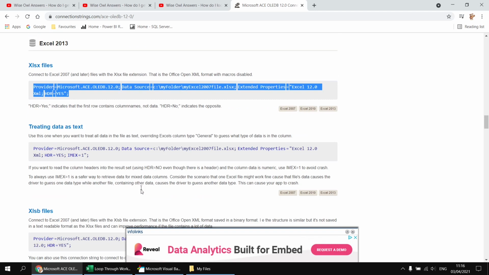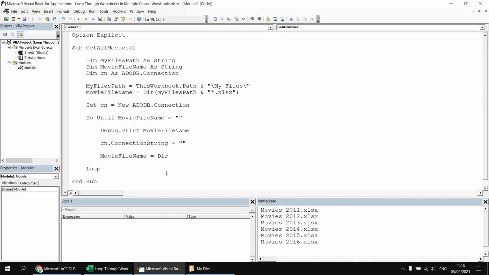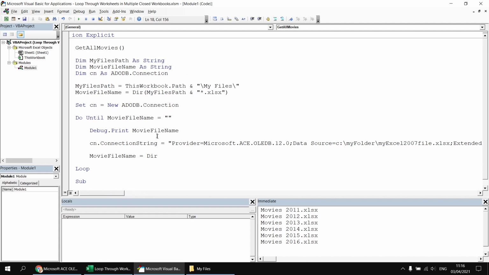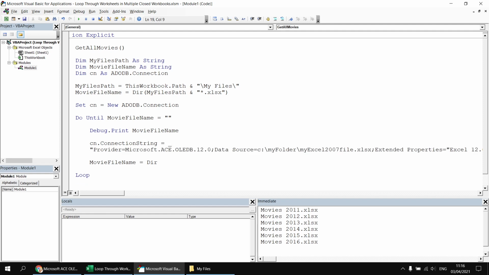I can then copy that to the clipboard, head back to the Visual Basic Editor, and then paste that string inside those double quotes. I've got a bit of tidying up to do, of course, as usual. I don't want that written out on one single continuous line. Let's split it across multiple lines using the space underscore continuation character. So I'll take the entire string down to its own separate line first, and then find the first semicolon in